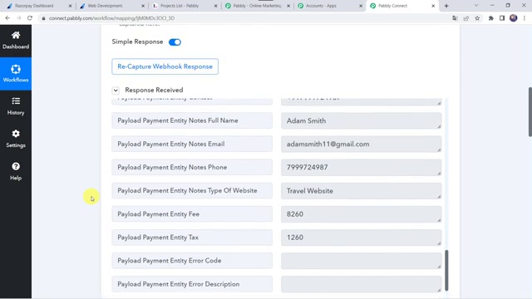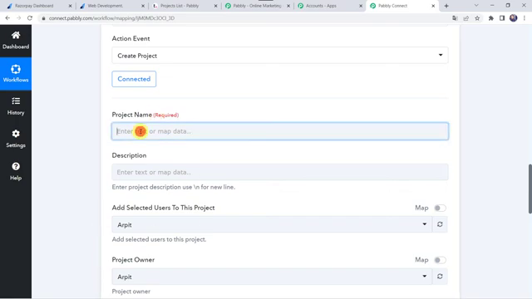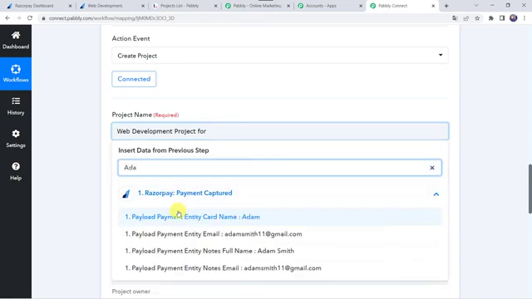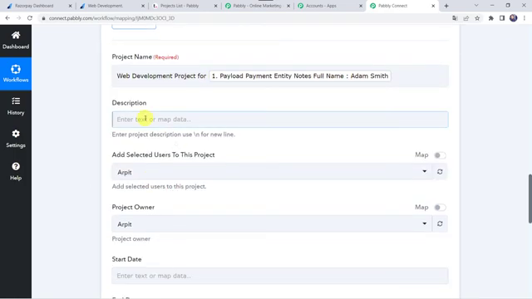So we have already got the details from the payment captured from Razorpay. So we are going to map all these details now one by one. So let's scroll down and here we are going to enter the details. Let's give the project name as Web Development Project. For here we are going to map the customer name from Razorpay, that was Adam as well as Smith. So the project name would be Web Development Project for Adam Smith, and here in the description I am going